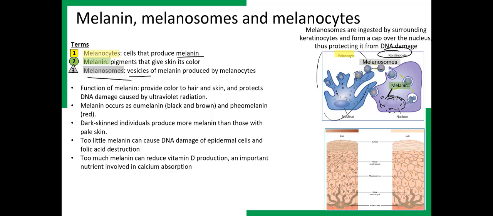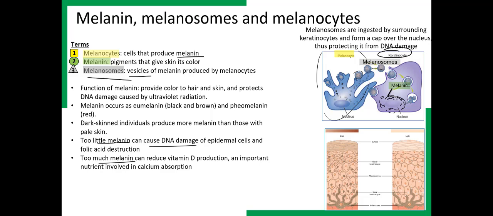Funny thing is, melanocytes protect keratinocytes. Melanocytes don't necessarily protect themselves. So that's why we have skin cancer, melanomas, right? Melanomas are skin cancers of melanocytes. So too little melanin can cause DNA damage of epidermal cells and folic acid destruction. Too much melanin can reduce vitamin D production that is important in the absorption of